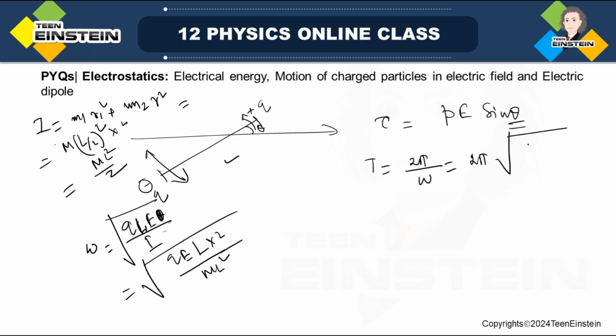Omega is square root of QEL divided by m L square by 2, so 2 should come here. So one L cancels out. So 2 pi square root of